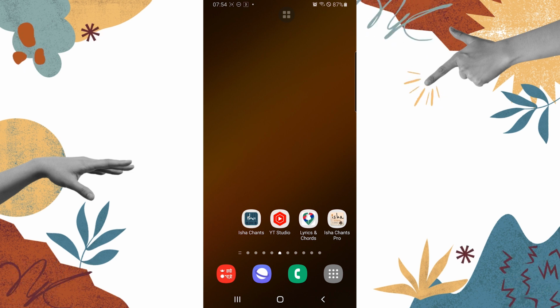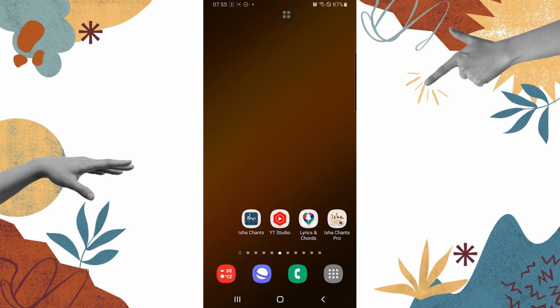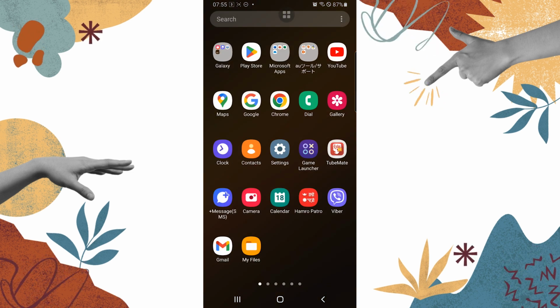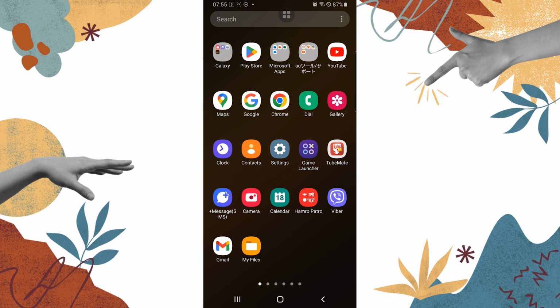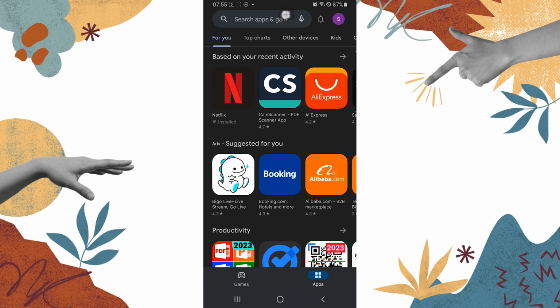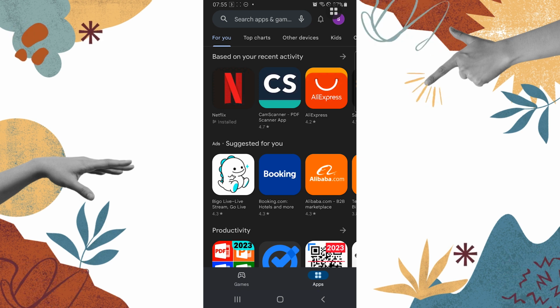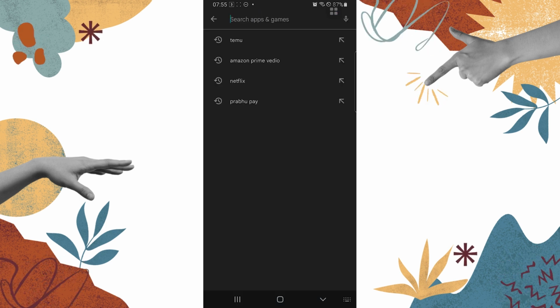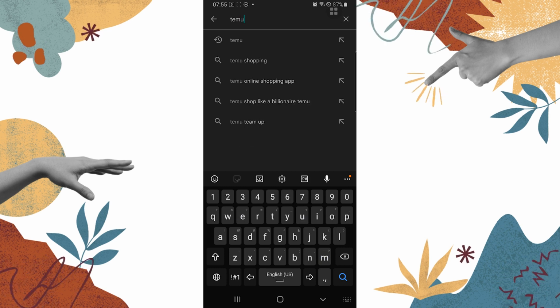Now to download and install the Temu shopping app on your Android phone, first open up your preferred Play Store. You can see we are going to the Play Store to install the app on our phone. So let's search for the Temu app on the top of the screen where you can see the search bar, or where I'm going to tap over here guys and search for Temu